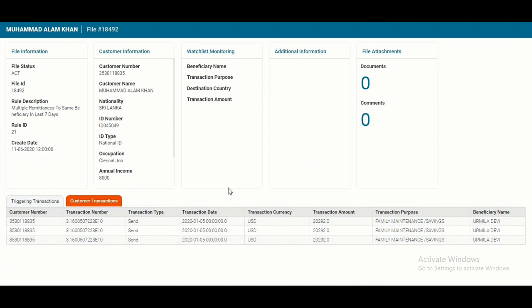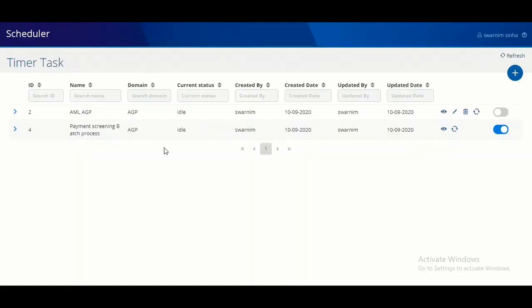As you would have noticed, it's an integrated product suite where the same case management system is being leveraged and is capable of handling different types of cases. We saw cases for screening, we saw cases for customer due diligence, and even AML. All these applications are managed through iConsole for user authentication and authorization. All these AGPs for batch mode can be triggered through scheduler. So that showcases the capability of our product suite while fulfilling the client requirement.